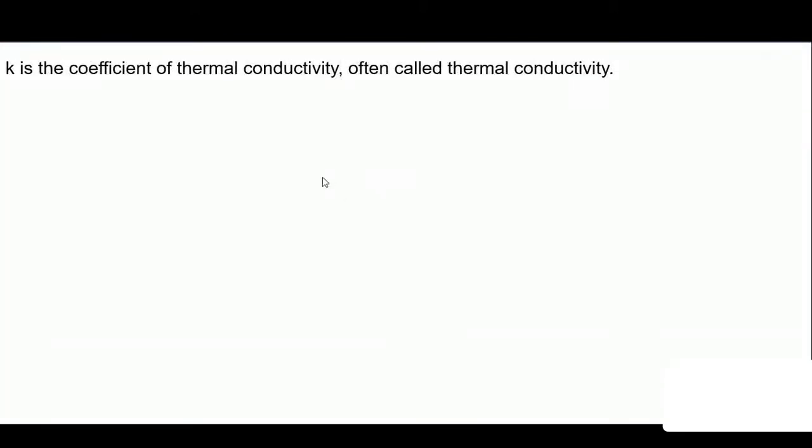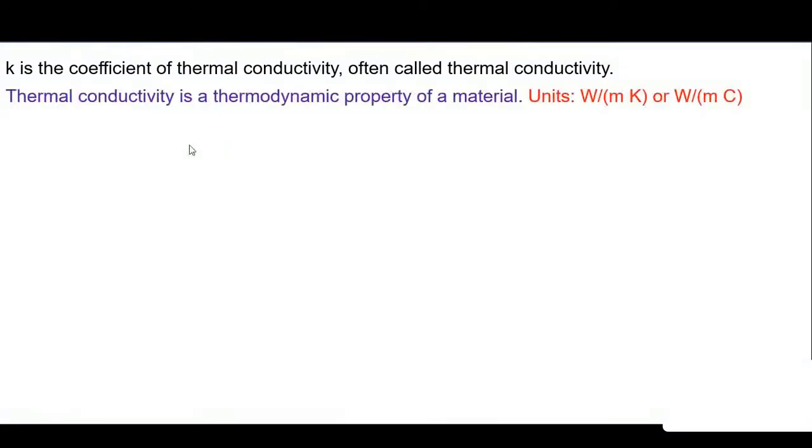Now we'll talk very briefly about thermal conductivity. Thermal conductivity is the constant of proportionality I have mentioned already in Fourier's law of conduction. So k is the coefficient of thermal conductivity, or often simply called thermal conductivity. k is a thermodynamic property of the material, like temperature, pressure, volume. It is a property, like specific heat or density. It depends on the temperature. That's why the unit is watt per meter Kelvin or watt per meter degree Celsius. As I told you, Kelvin or degree Celsius doesn't matter, because it is for the temperature difference.